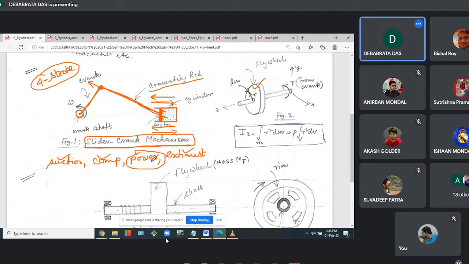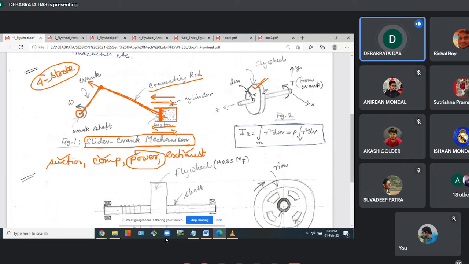So whatever power is developed in the power stroke, the machine has to run with that power. During the other strokes, as no power is developed and no torque is supplied, the speed of the crankshaft tends to reduce. As a flywheel is mounted, it releases energy and the speed of the system decreases, but due to the high value of I, the speed decreases to a minimal value. Understood? Yes, sir. So that is the purpose of a flywheel.